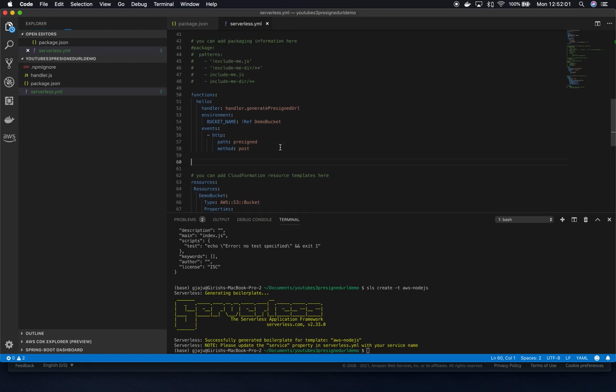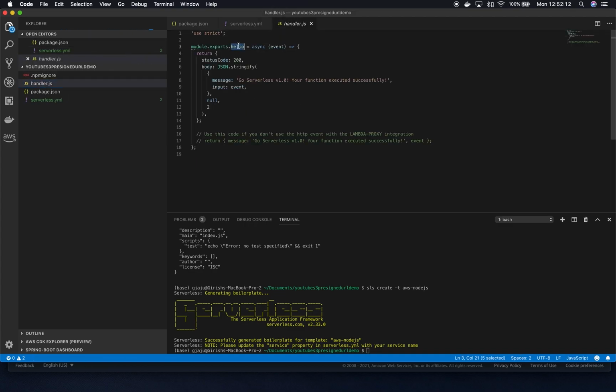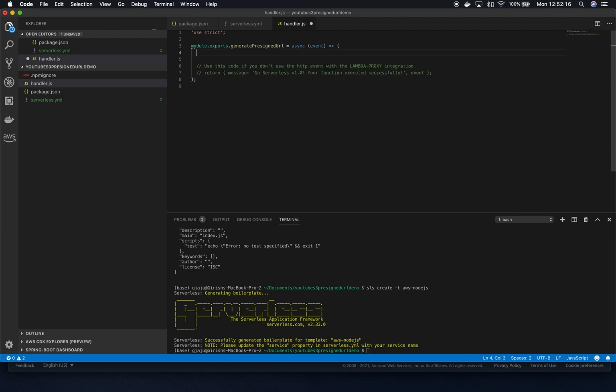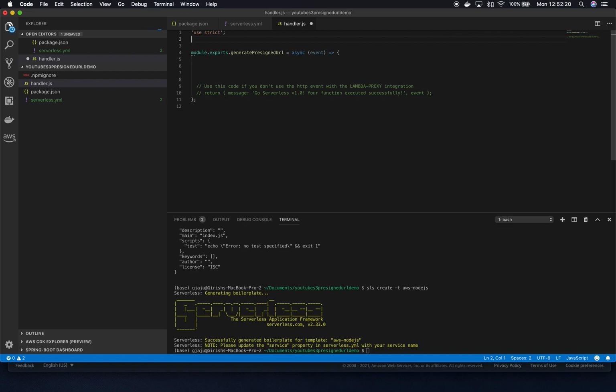Okay, so let's now go to our function, and we'll just write this function here. If you go to handler, I don't need this hello, so I'm just going to remove this, and I don't need this either. So let's start with getting some of the libraries that we need. We need the S3 client, and you can get it, require AWS SDK